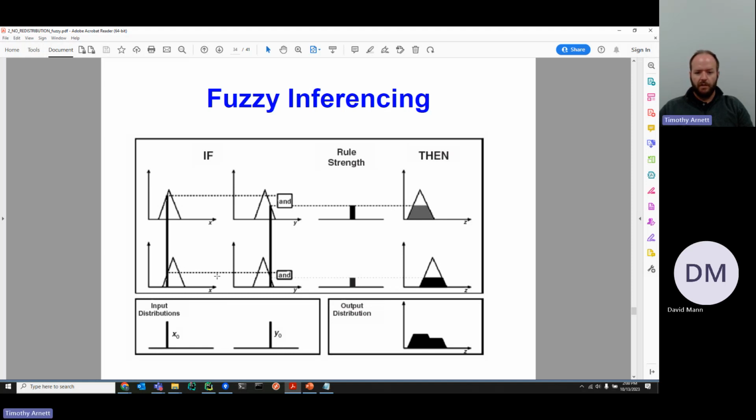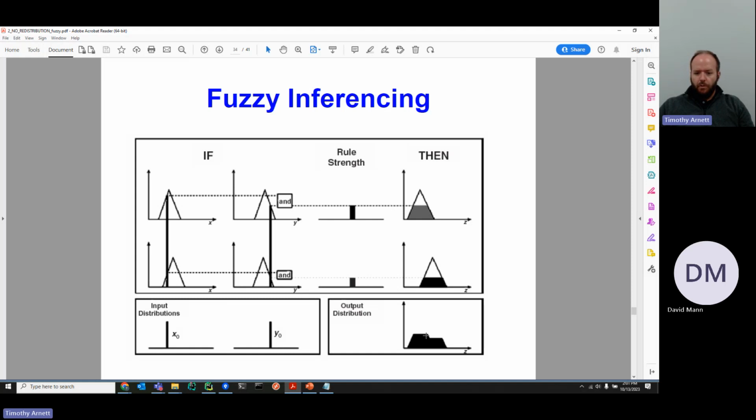We then do the same thing for the next rule. Because they're different membership functions, they have different membership values. In this case, Y is still the minimum, so the Y membership function is determining that rule strength firing. And we get this value, we truncate the associated output membership function to that level. We then get this aggregate, the contributions from all the active output membership functions after being scaled by the rules.